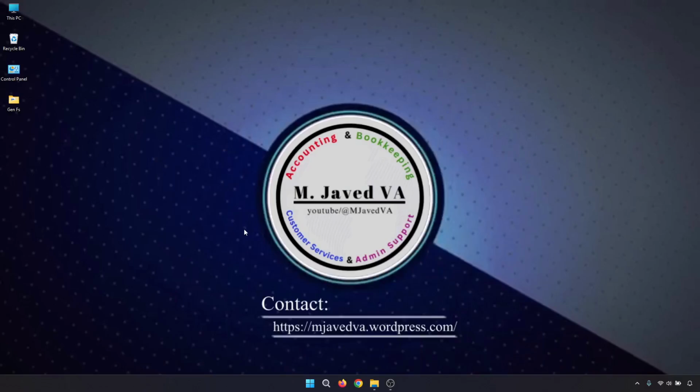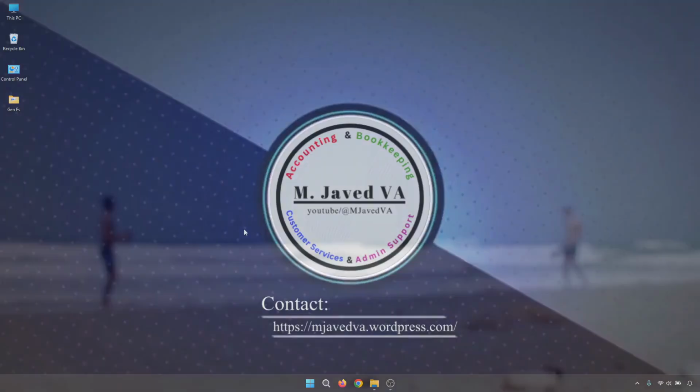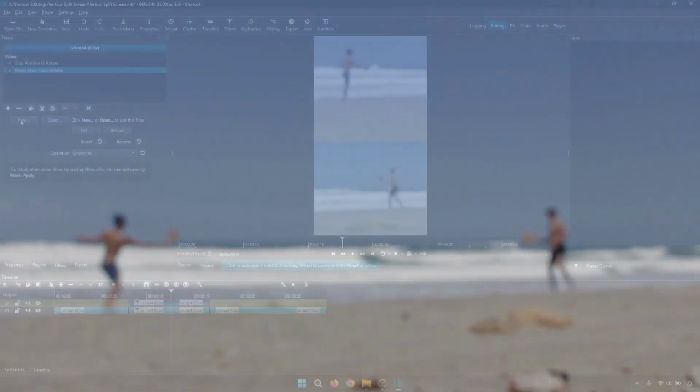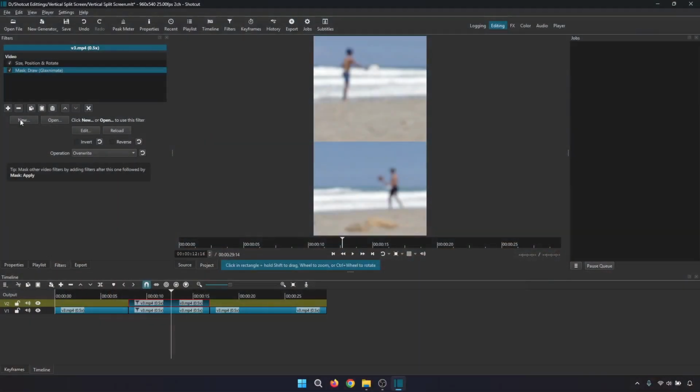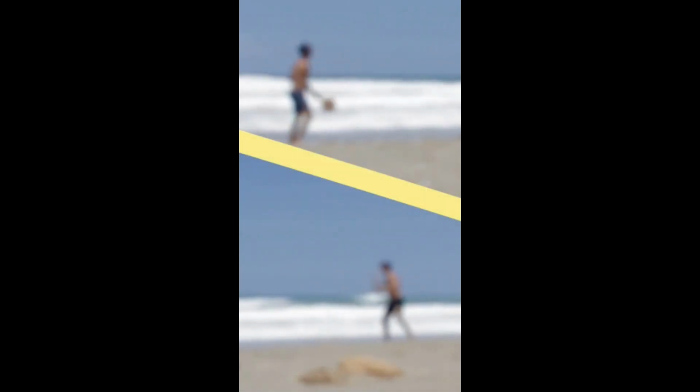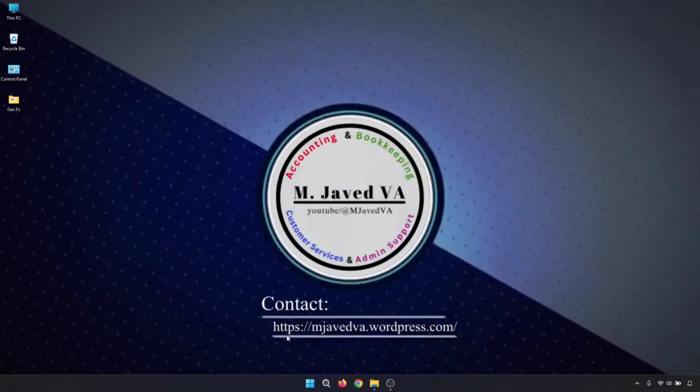Hey guys, this is 𝐓𝐸𝐬 with another tutorial on how you can convert horizontal videos to vertical videos, split them, and then add a stroke line in Shotcut. So to do that, open Shotcut